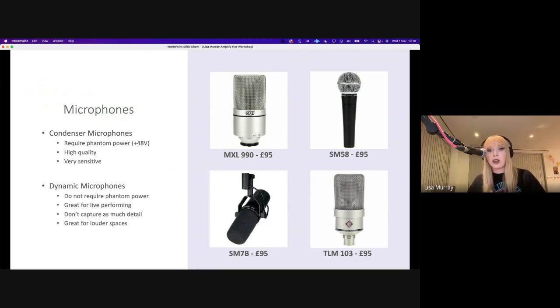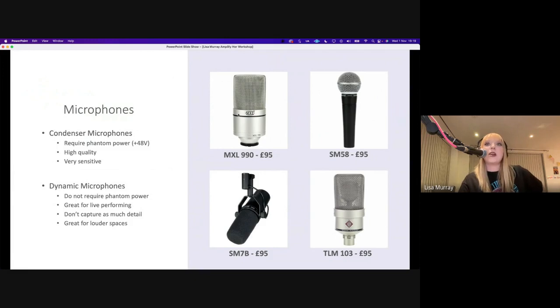So if you've got a room that doesn't sound great, or if you have roommates that are super noisy, or a dog that runs around your house all the time, or a cat that won't stop meowing in the next room, you will hear that in your condenser microphone in your headphones. Because they're so sensitive, they pick up everything. So unless you're in a super quiet room, it is challenging to get a good quality recording that doesn't have noise in the background or interference with these mics.